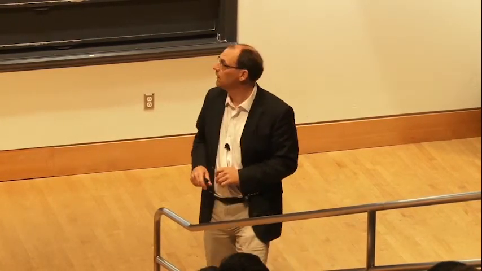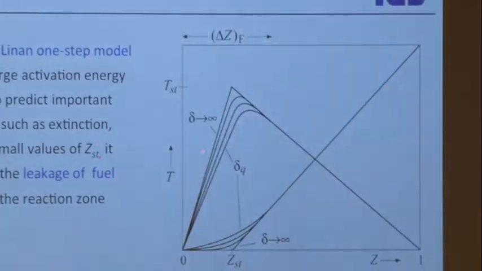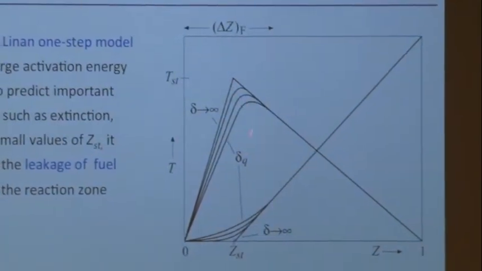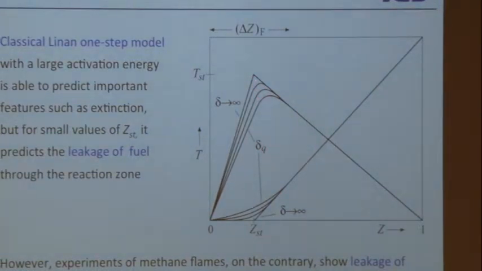This is one of the most famous papers in combustion science, I would say. It is a great analysis. What he finds is that if you increase the dissipation rate, then, as we said earlier, the fuel diffuses